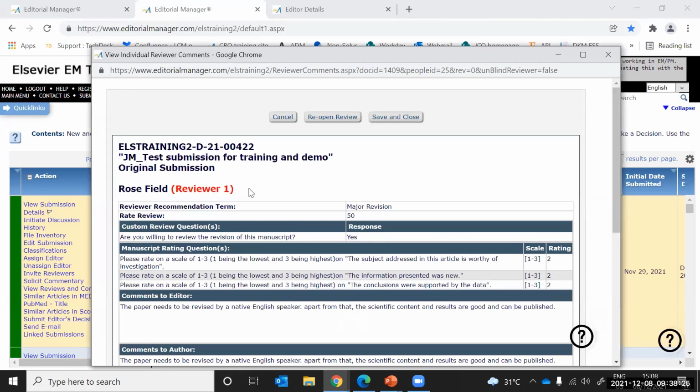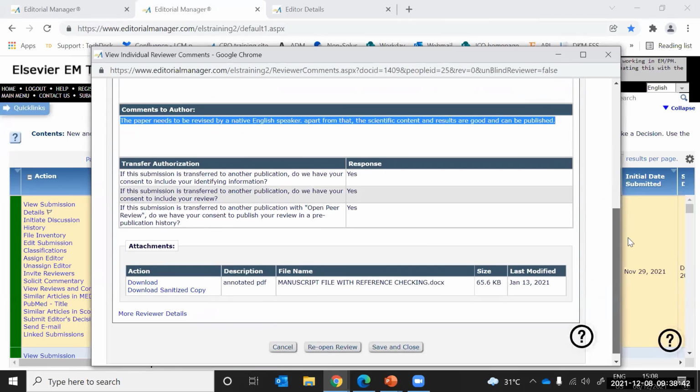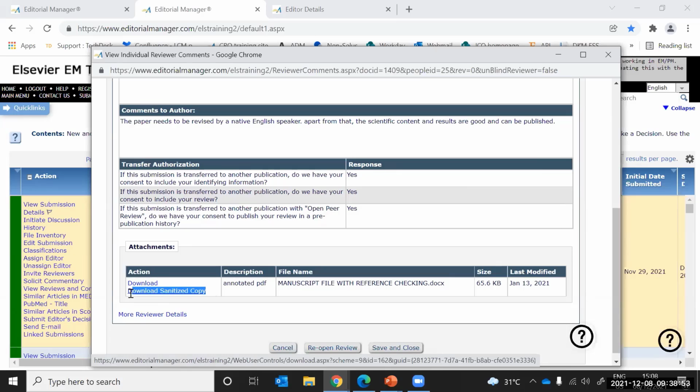So I click on the reviewer recommendation term here. These are confidential comments that are passed to the handling editor from the reviewer. And these are comments to the author, which will be automatically pre-populated in the decision letter sent to the author. And if the reviewer has provided any attachment, you will be able to see them at the bottom. Editors can download a copy of this if they wish to see. However, authors will be able to download only a sanitized copy of this attachment, which will remove any reviewer identity